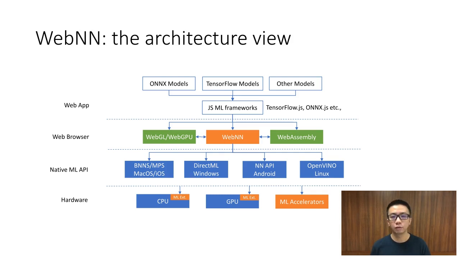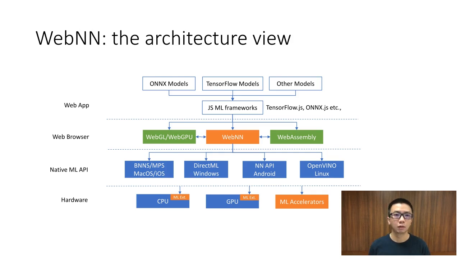The execution of the WebNN graph can interact with kernels written in WebAssembly or WebGPU compute shader. With that, the frameworks can be flexible by using the WebNN for hardware acceleration and using WebAssembly and WebGPU for custom